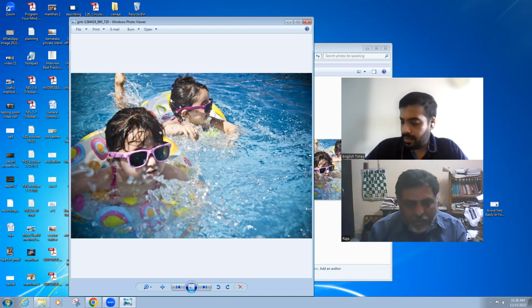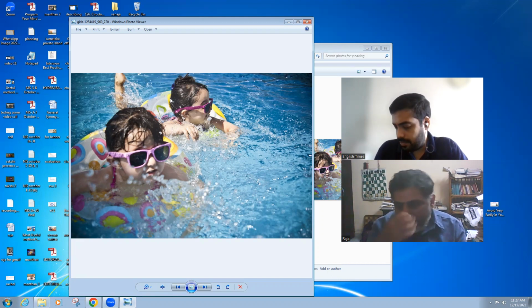And also, it is in a pool. I think they are in the pool. So, other than this, it appears that they are taking this training in the evening. I can say it is in the evening or in the daytime also, anytime. Maybe on the weekend also, because usually parents get time on the weekends. They take their children to the swimming pool, and there they ask a trainer to give them some kind of training. So it is a very good habit.